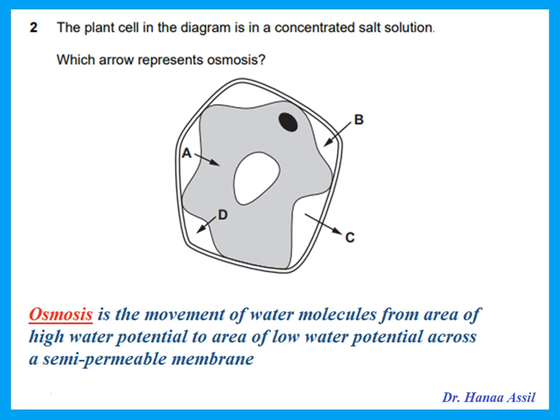So where does this happen in the cell? Well, first of all, it's across a semi-permeable membrane, so it must be across the cell membrane. And then which arrow is the correct direction? Of course, arrow D shows the movement of water out of the cell, because this is a cell that is in concentrated salt solution. So the water potential inside the cell is higher than outside, and the water will move